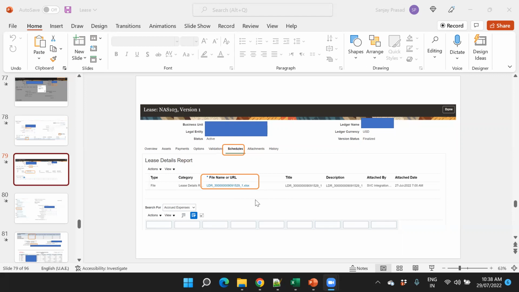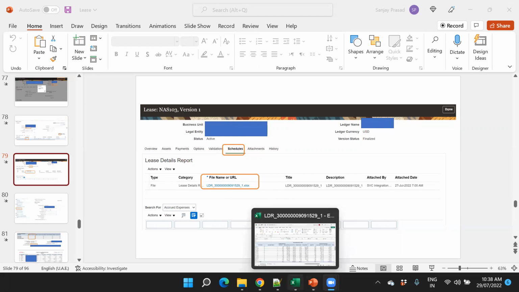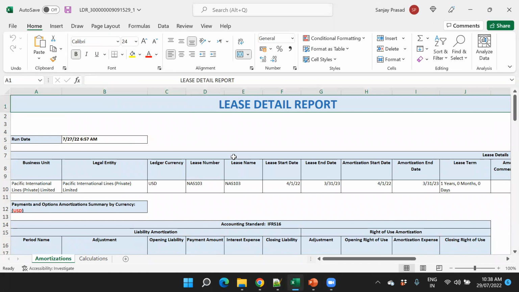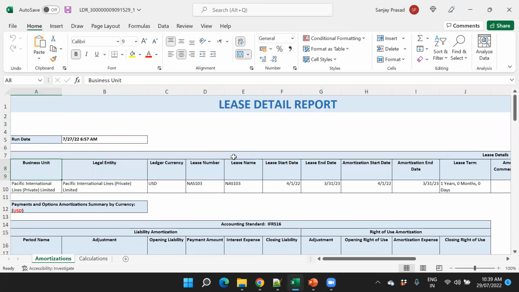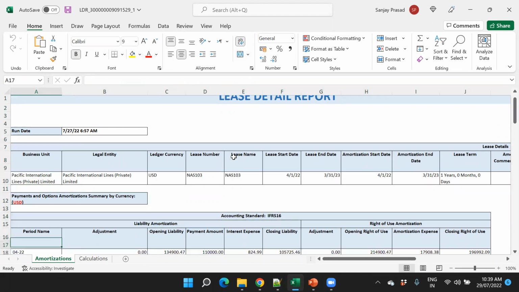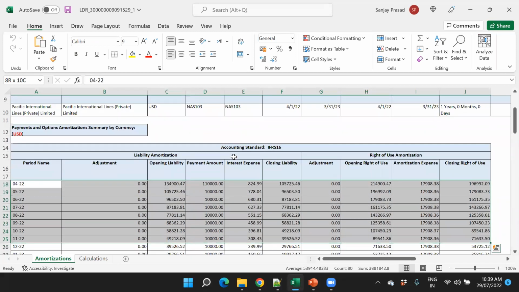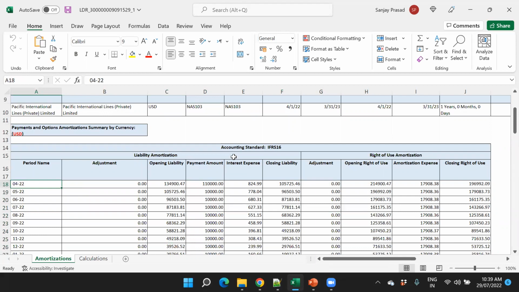I have downloaded this file from the instance. Basically, this file gives you all the details of the financial elements which are generally used by the create accounting program for the lease. At the top you will have the complete detail of the financials of the lease. This is the total. To understand it better, let me first scroll down, where we can see the similar details for the